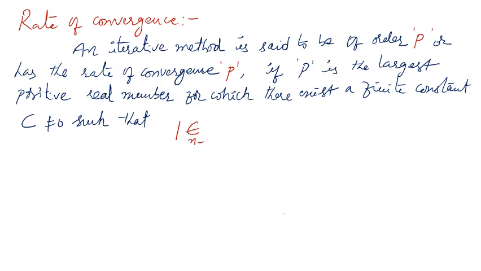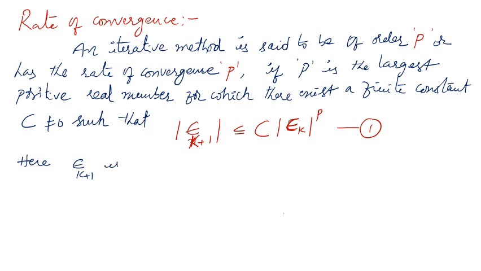modulus of epsilon k plus 1 is less than or equal to c into modulus of epsilon k power p. What is the meaning of this here? Epsilon k plus 1 is the error at k plus 1th iteration, and what is epsilon k? It is the error at kth iteration,